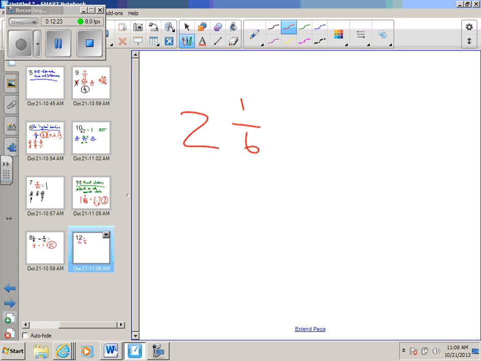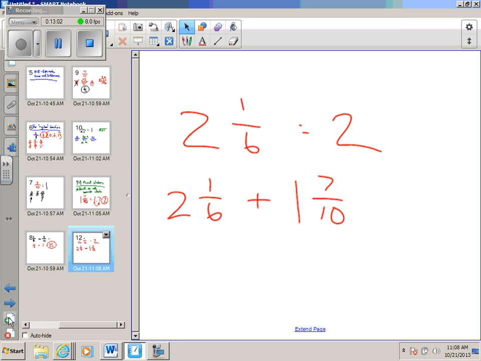Okay? Like 2 and 1/6. 6 is the denominator in my fraction. Is that 1 half of 6 or larger than 6? Or larger than half? So therefore, I'm going to round the 2 and 1/6 down to 2. Nearest whole is 2. No fraction. So if we take 2 and 1/6 and we add it to our 1 and 7/10, 2 plus 2 will equal